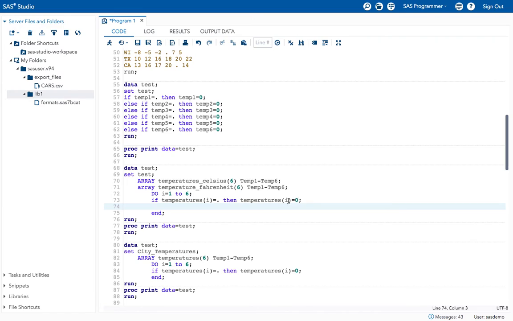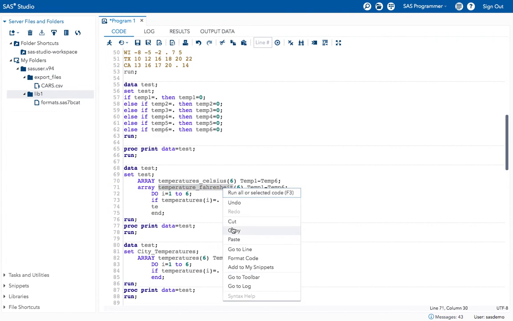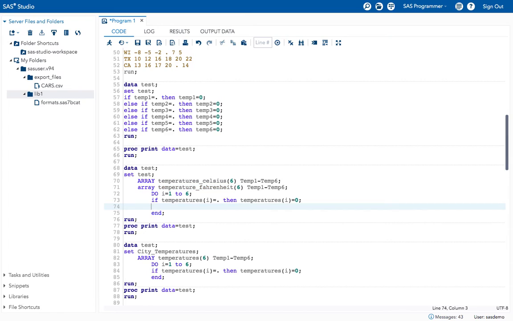After performing this function, I want to create new variables, with what? Temperature Fahrenheit. See, I want to create new variables temperature underscore Fahrenheit. I will give here I. Okay, I equal to, what is the formula for conversion of Celsius values into Fahrenheit values? 1.8 times the Celsius values.